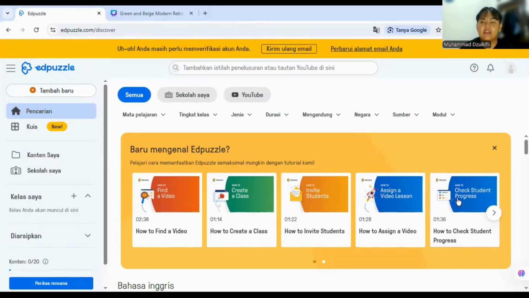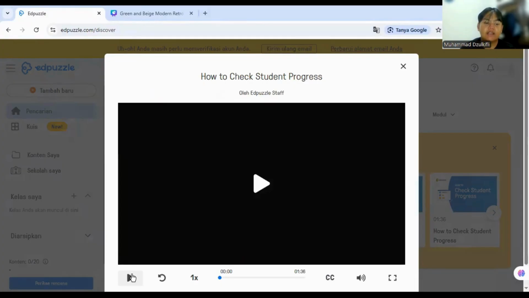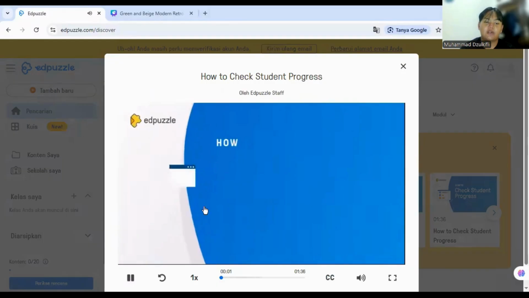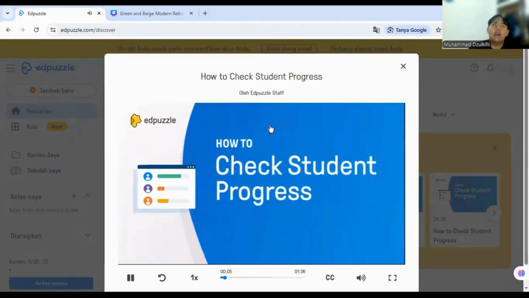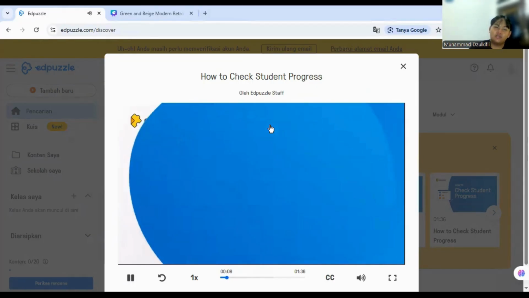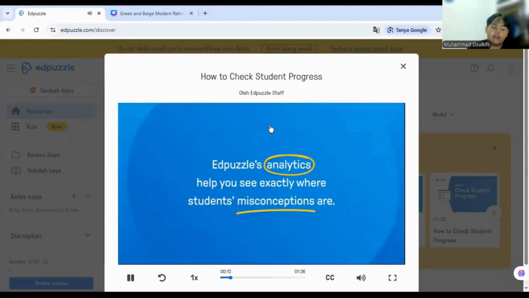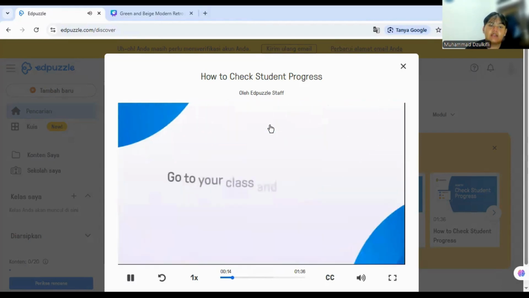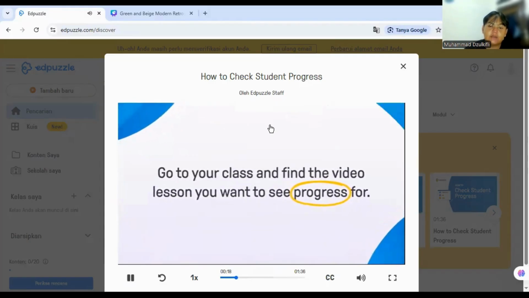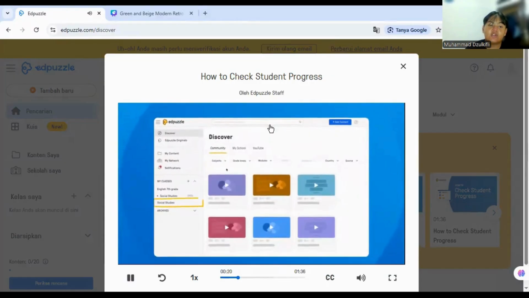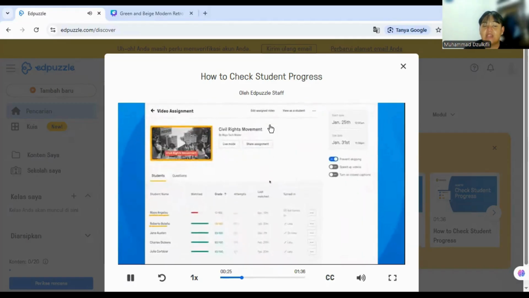It also has tutorials on how to check student progress by the Edpuzzle staff. When the student has an account or can align with their profile, it can analyze the student's ability in listening or scoring. Really easy.